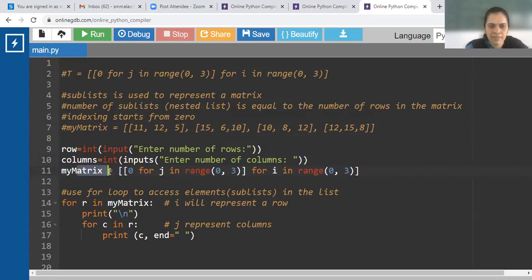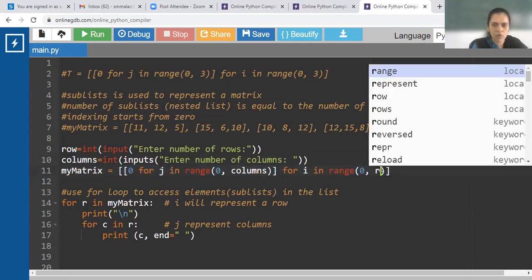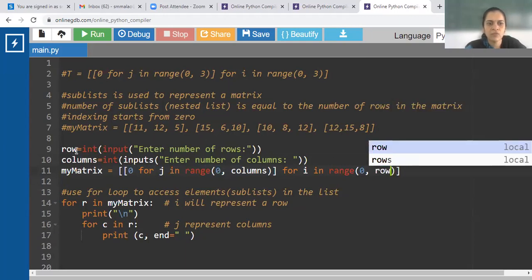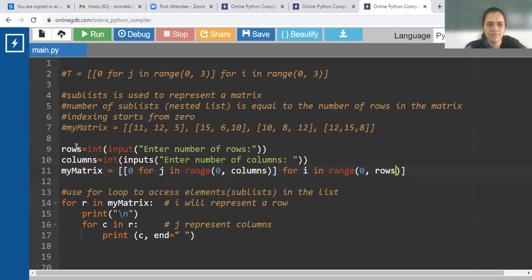So my matrix equal to 0 for, so this is a sublist. So the sublist starts, every element in the sublist must be equal to 0 for j in range 0 till the number of columns which the user has entered. And how many such sublists must I have? The number of rows which the user has entered over here.